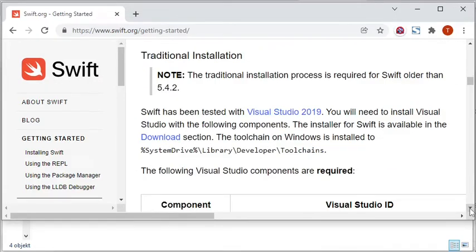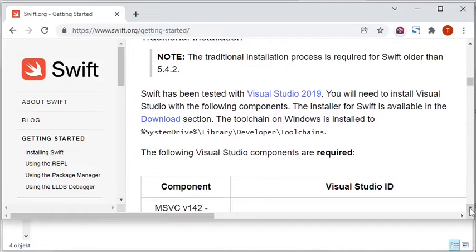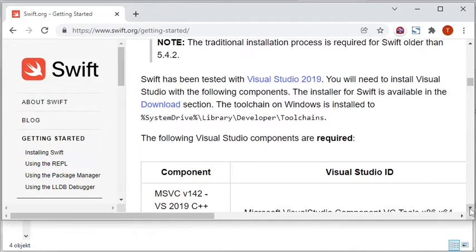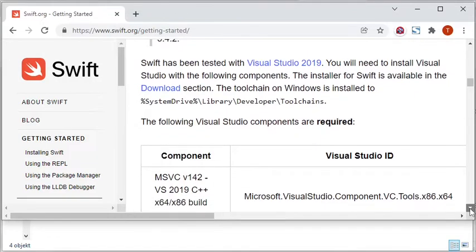According to the web page, Swift has been tested with Visual Studio 2019, and in this video I am using Visual Studio 2019. However, I have also tested on a computer with Windows 10, which only has Visual Studio 2022 installed, but not Visual Studio 2019, and it also worked.